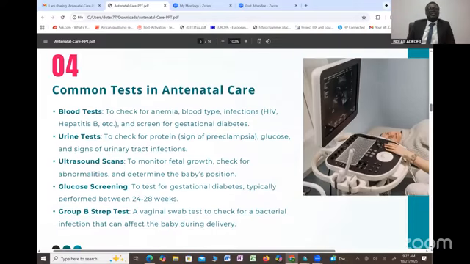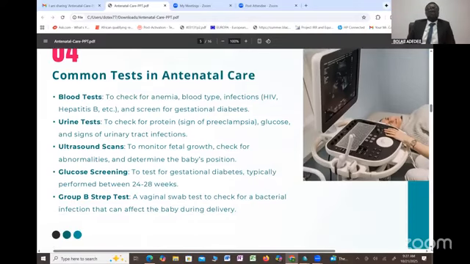So some of the tests that we request for the blood test include packed cell volume. This is to know the blood level of the pregnant woman. It is very, very important because, like I mentioned earlier, anemia in pregnancy could be dangerous to both the mother and the baby. And because of the changes that happen in pregnancy, so like